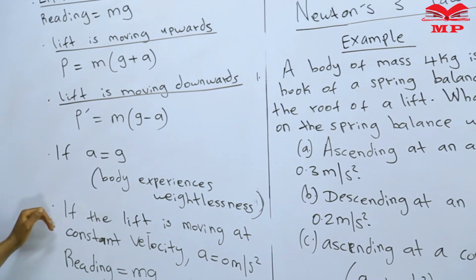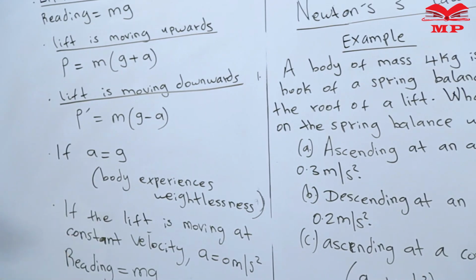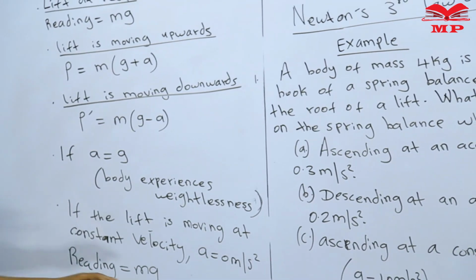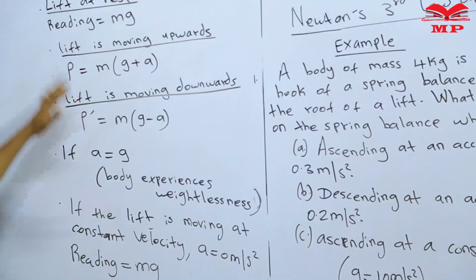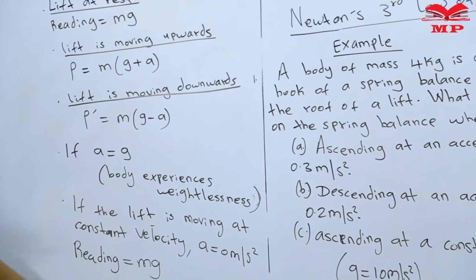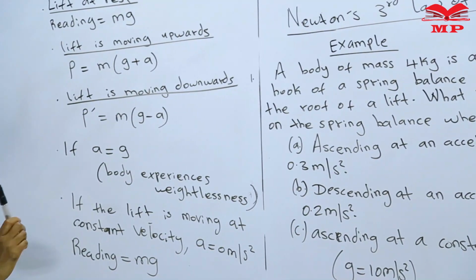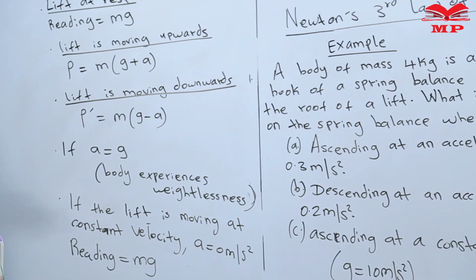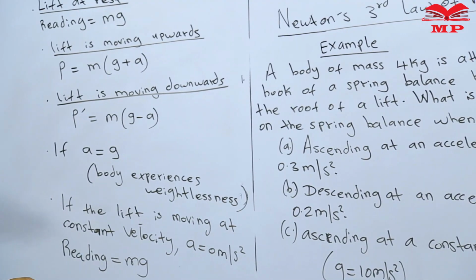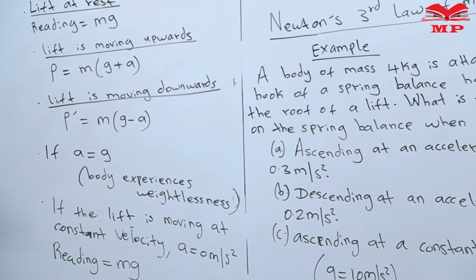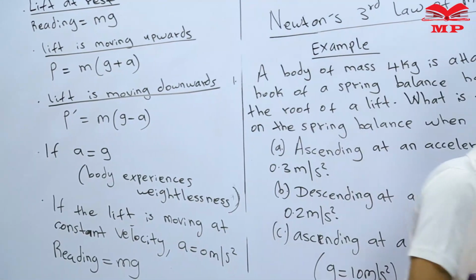And if the lift is moving at a constant velocity, the reading on the scale will simply be equal to the weight of that body. So these are the formulas that you are supposed to employ, especially in solutions of any question under Newton's third law of motion. I would like to give you an exercise